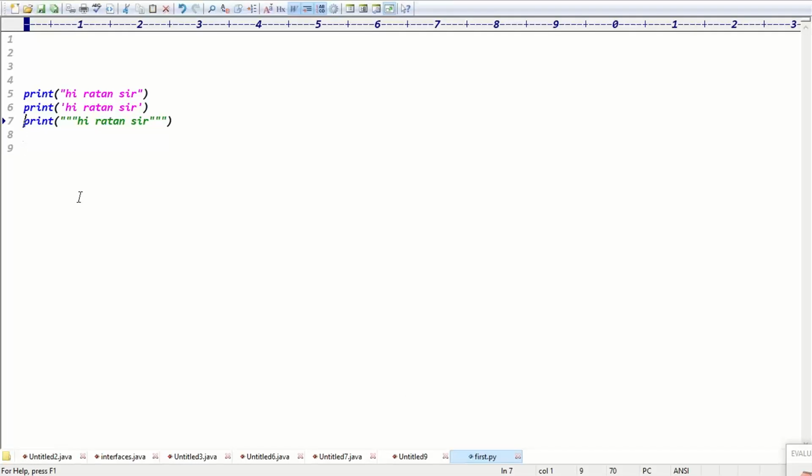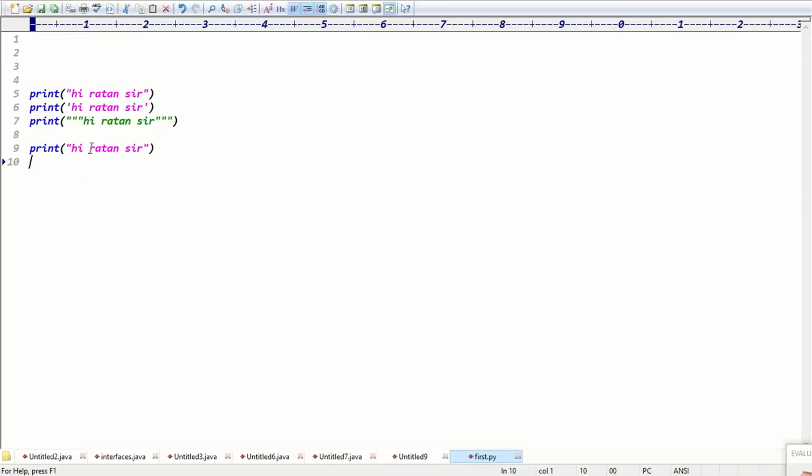But see one option here. If you put the data in double quotes, in the middle you can happily use single quotes, guys. No worries. Even without using the escape sequence character, we can use single quotes. Guys, that point is clear. If you put the data in double quotes and want single quotes around any word in the middle, not only Ratan, directly we can use the single quotes, no problem.